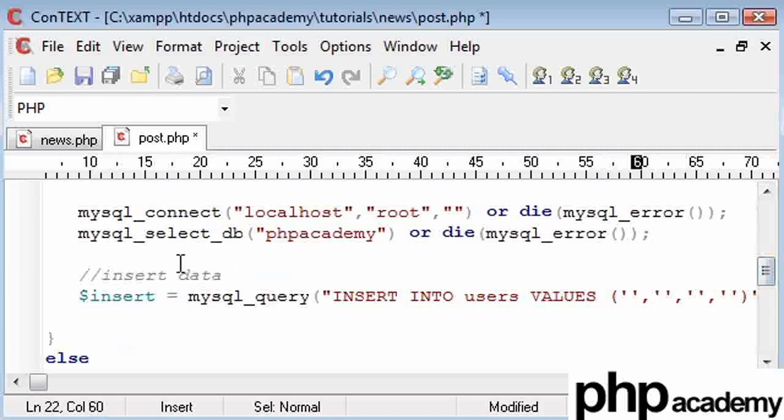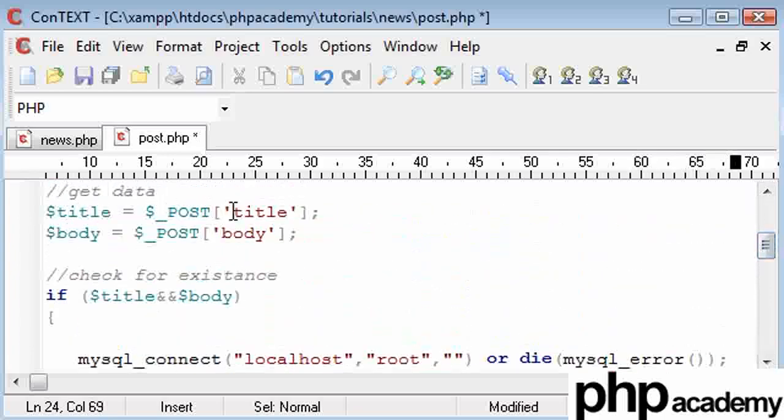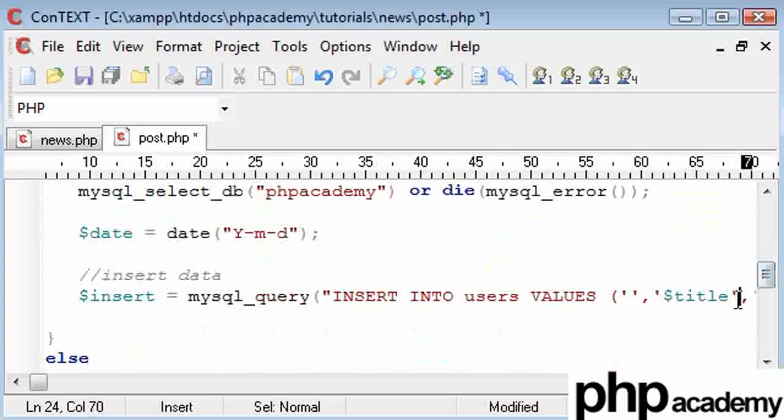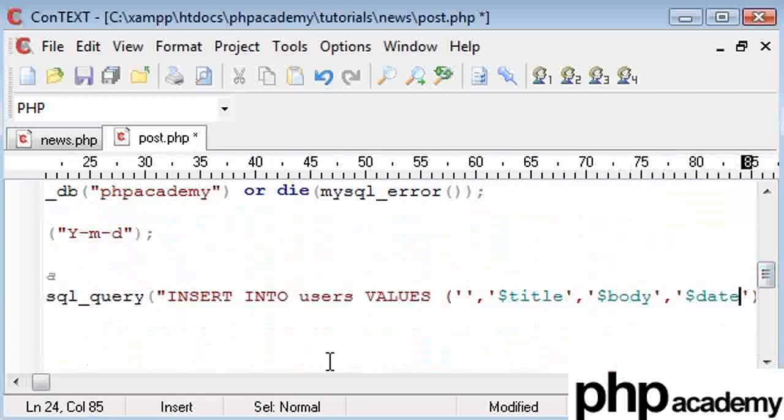Which reminds me, we need a date thing. So our date is going to be equal to date, and we're going to use the YMD format. So this is the long year, month, and day. And here we're going to say nothing in our ID. We don't need anything inserted because this is auto increment. Here, title. If we go up, we can see that I call this title, which is our posted title. And the same over here for the body, and then obviously we're putting our date inside there, and then what we can do is we can say or die